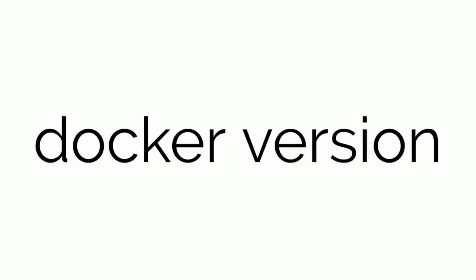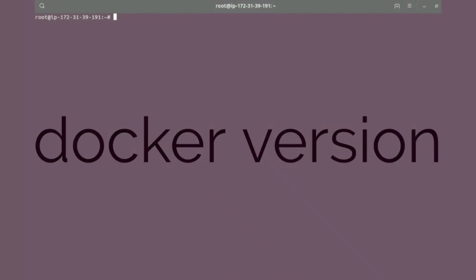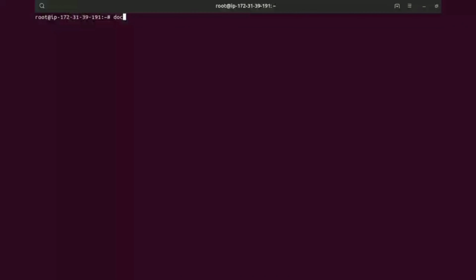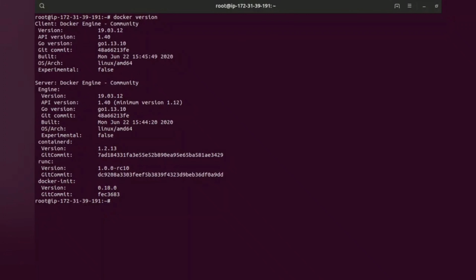We start with the docker version command. The docker version command shows the Docker version information. By default, this will render all version information in an easy-to-read layout. If a format is specified, the given template will be executed instead. You can see the docker version command output. First, it shows the Docker version, operating system information, and much more information, which we'll discuss later.